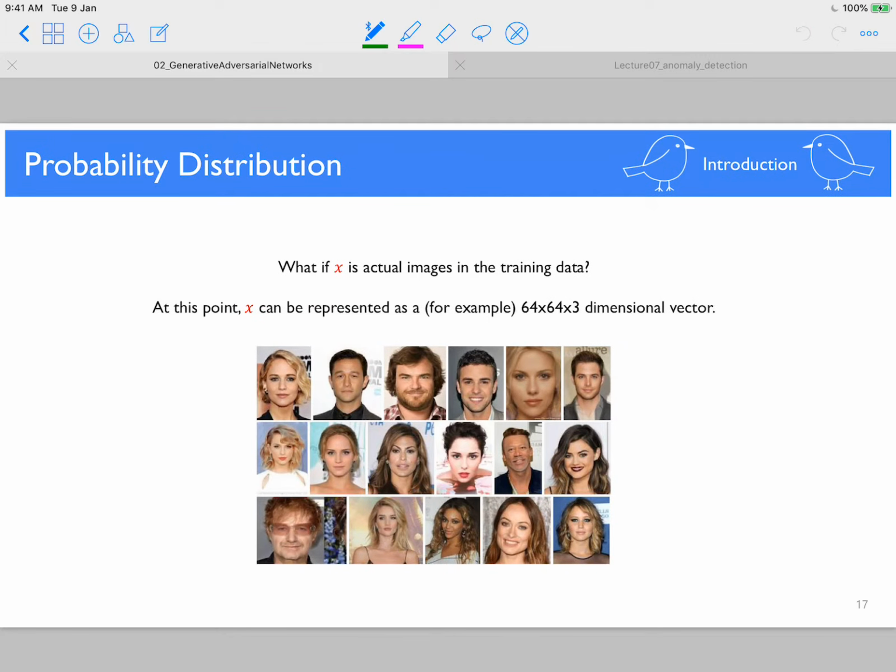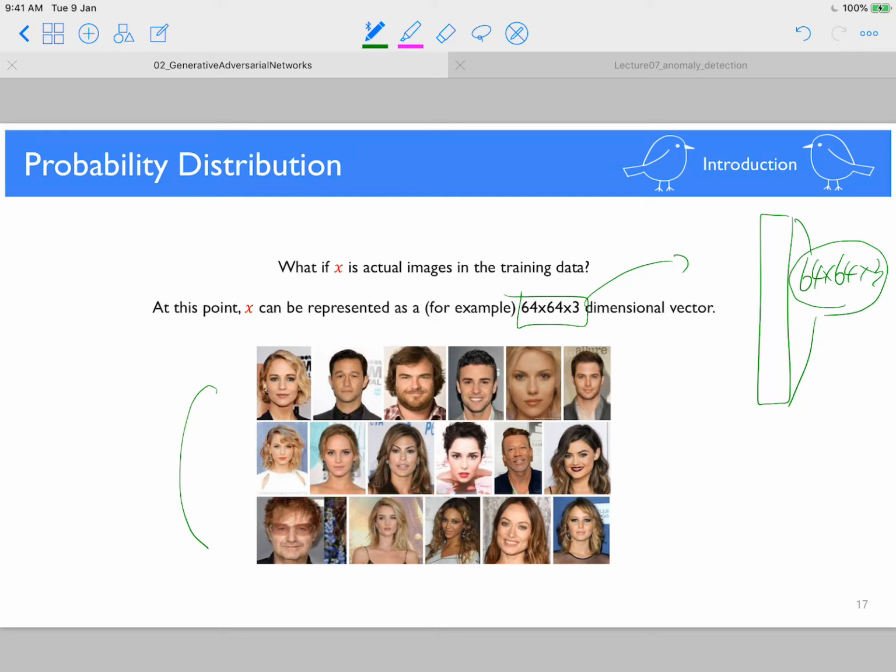But now, if we consider this particular image of like a 64 by 64 by 3, we can view it as a really long high dimensional vector of having the dimension of this number, right? And then we can think of a high dimensional probability density function, right? And then suppose we are given 100 different facial images, okay? And then in this really high dimensional space,